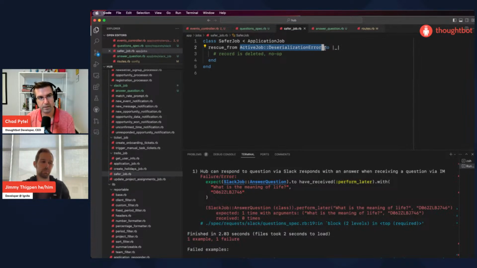But if you fail deserializing something that was serialized, there's not really a way to recover that. So it makes that a no-op, and the job will be cleaned up. Otherwise, it's running in a loop, and that would be bad. Yeah, exactly. Or it's just going to do it like 25 times and then stop. But we don't want it doing it 25 times. So that's what the safer job class does. Cool, so it's mostly deserializing stuff.